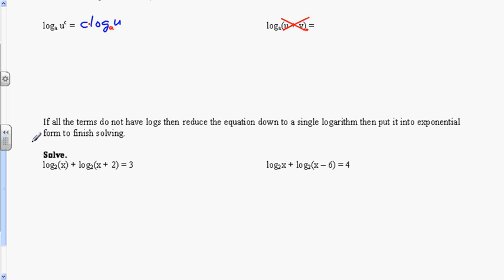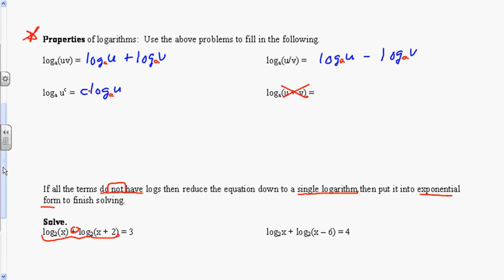Now there's 2 types of questions you'll see. One is that you have one equation where you have some logs present but not everywhere. So if all the terms do not have logs, then you are to reduce the equation down to a single log and then put it in exponential form. In other words, we're going to make this 1 log. Now here they're adding 2 separate logs, and up here it says that we could write it like this then, if they're adding 2 logs. So I will write